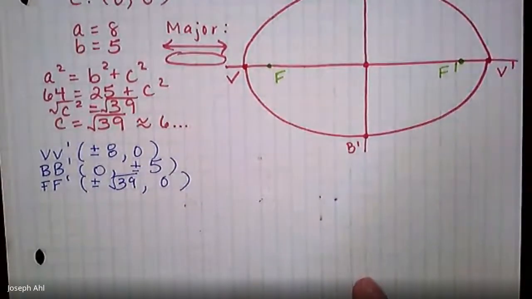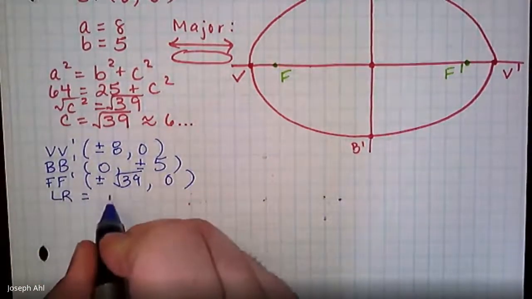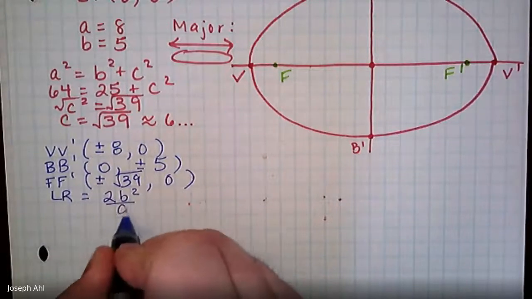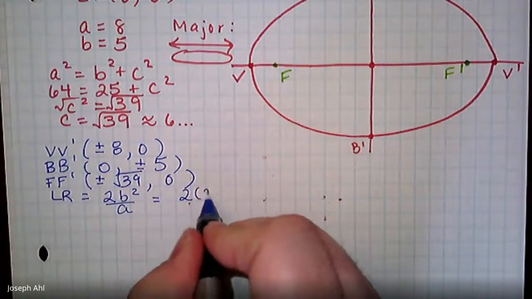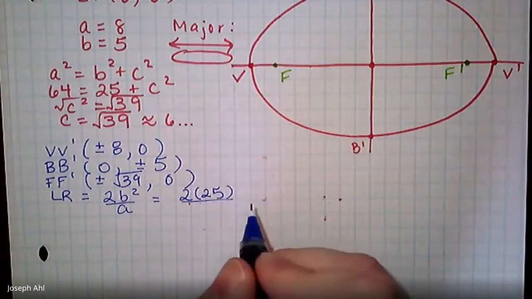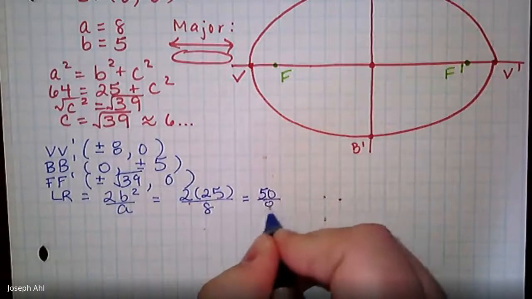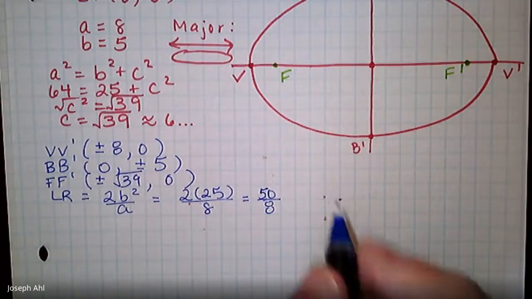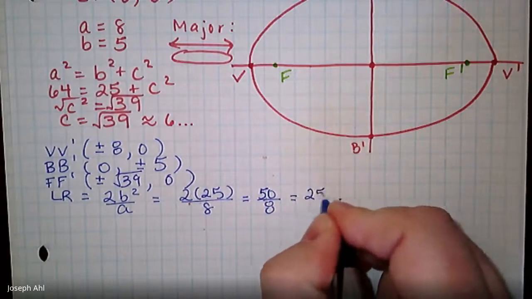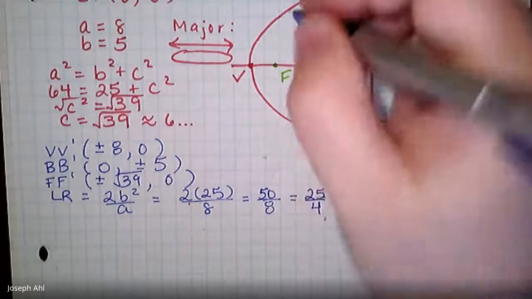Okay. Moving on to the length of the LR. We haven't really looked at this in the diagram yet, but in general, it's 2b squared over a. So b squared in this case was 25. And then a was 8. Okay, so we're going to get that the LR has a length of 50/8. If you want to reduce that, you can. It would be 25/4. So 25/4 is the length